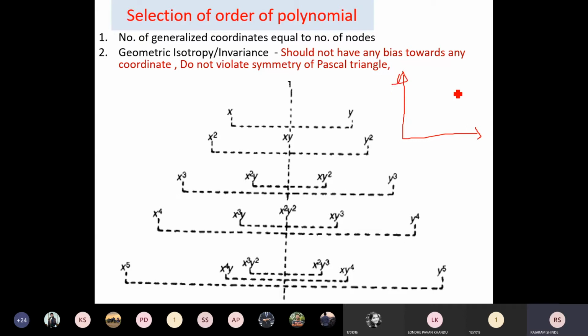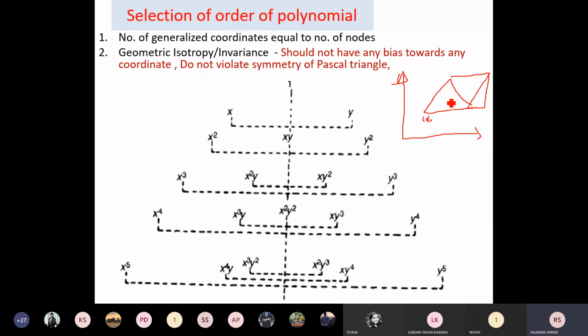Now when we have a meshed model like this in the coordinate system, geometry of each element is described by its coordinates, that is x1, y1, x2, y2, x3, y3, x4, y4, x5, y5, like that. That means geometry of element is described by coordinates. While describing these coordinates, each element has its own interpolation polynomial.